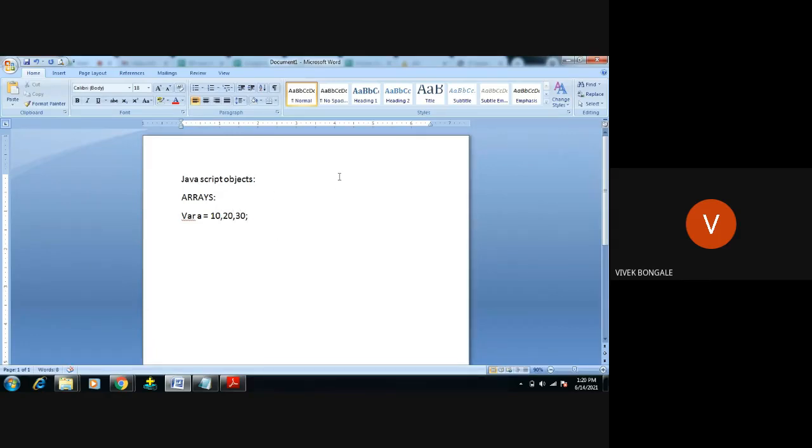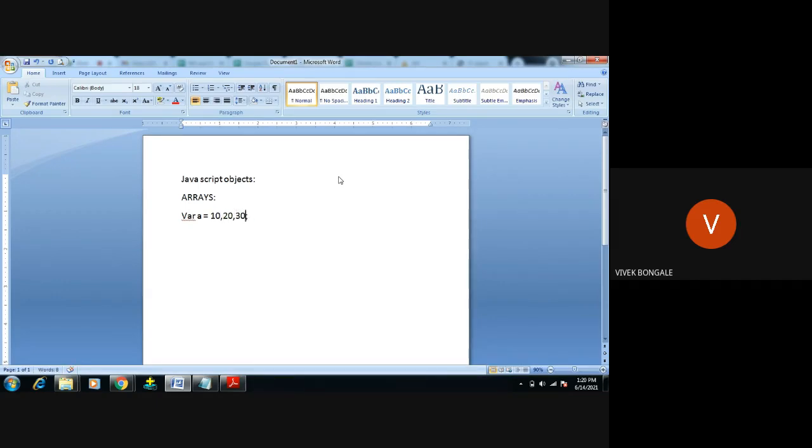Whether in the memory at the same block, 10, 20, 30, three values it will take there. And can I call all three values of that variable in our program? No, right? It is not possible. If I put all these three values under this code, then it will be considered as a string, only one value. It considers one value there, but not as separate mathematical values 10, 20, 30.